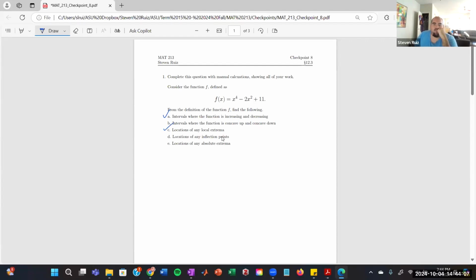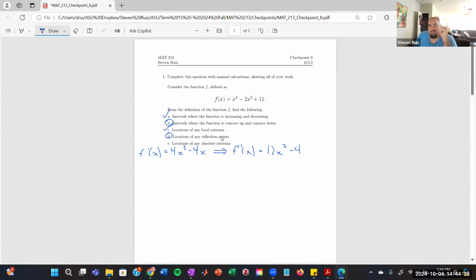All right, so where's the function concave up and concave down? What tells us about concavity? That comes from the second derivative. So let's reload the first derivative: 4x cubed minus 4x. And then we'll take another derivative. So f double prime of x is equal to 12x squared minus 4. So I'm going to kind of handle B and D together here,